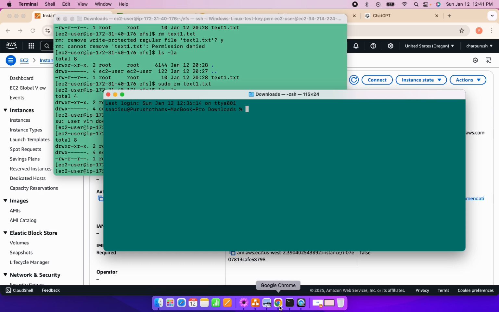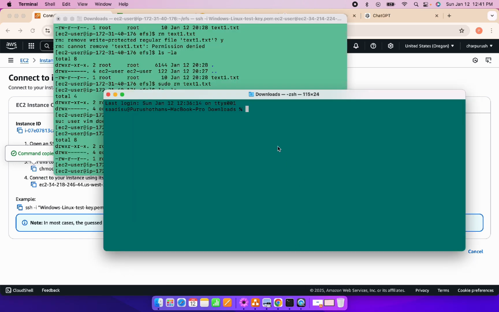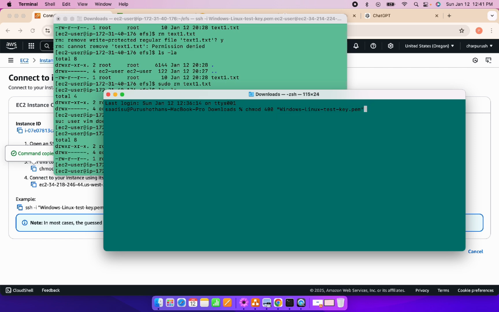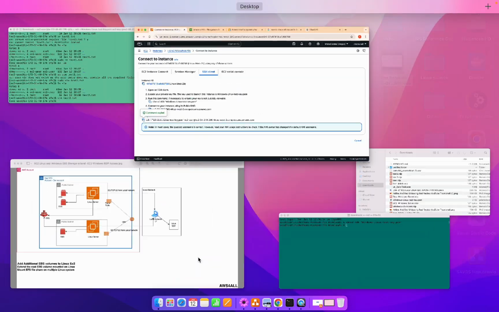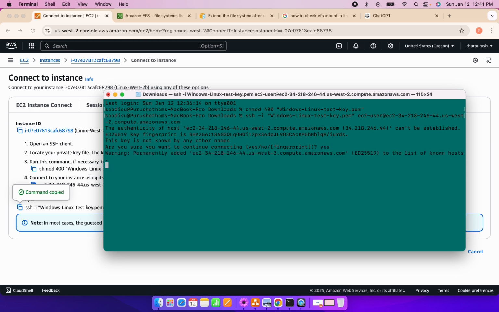And go back to my instruction sheet, connect, and paste it here. Oops. Paste it here, and next go to SSH instructions, paste it here, yes. Okay, so now I have logged into my second EC2, which is spinning in 2B availability zone,